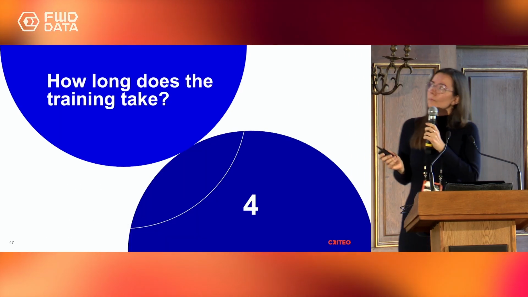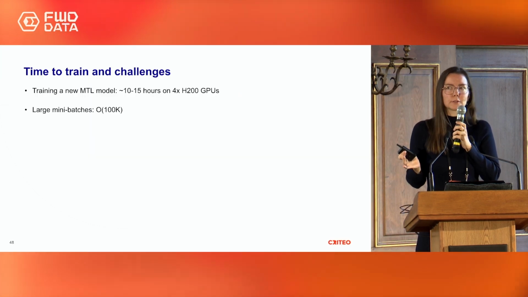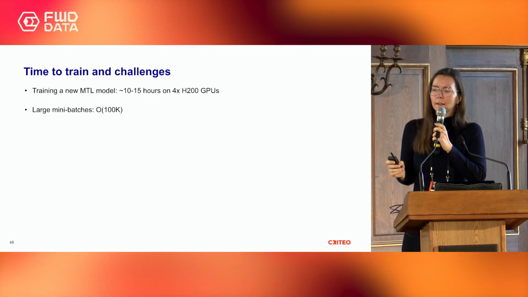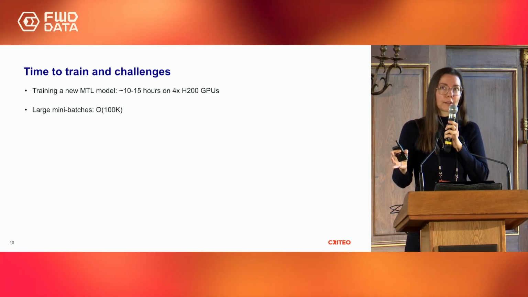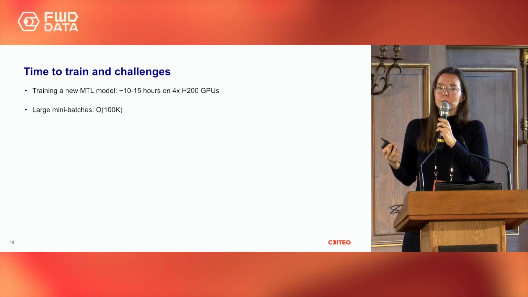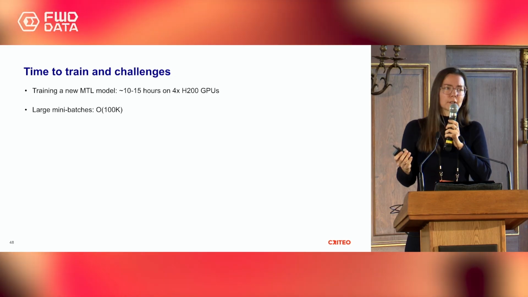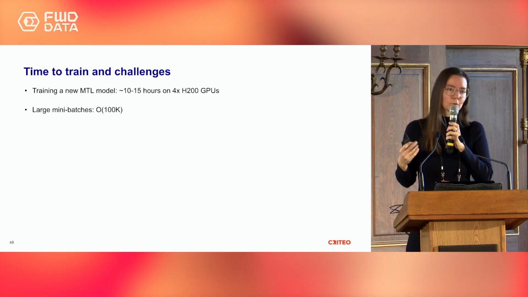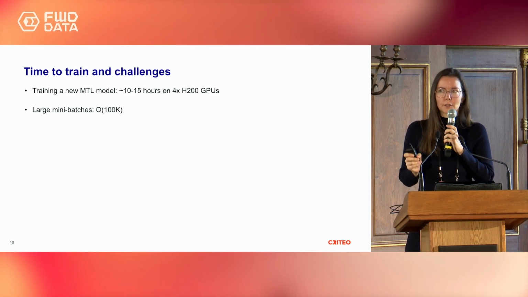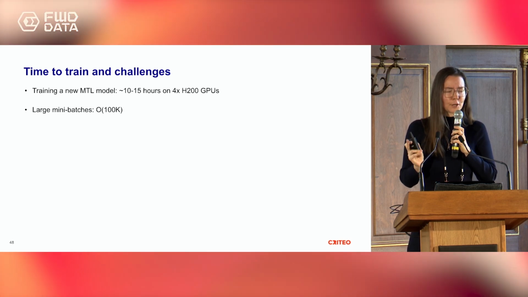How long do these models take to train? So this, of course, kind of depends because we separate our models by geographic areas. Depending on the area, you have different dataset sizes, and depending on that, of course, you have different times that it takes to train your model. But roughly speaking, we're talking about something like 10 to 15 hours of training that is distributed among 4 H200 GPUs that are on the same machine. If they're not on the same machine, it takes much longer. So just try to put your GPUs close.